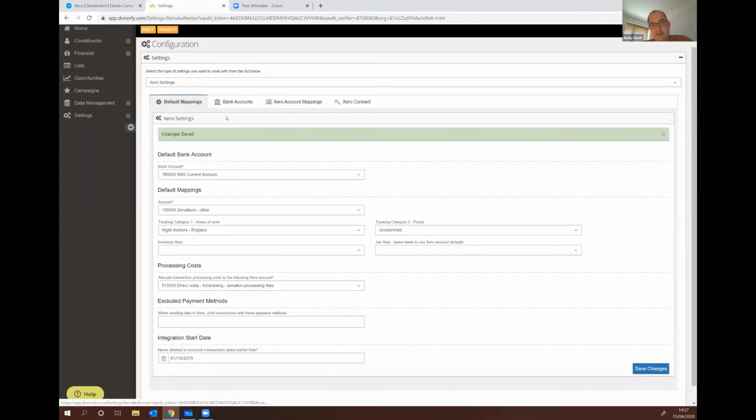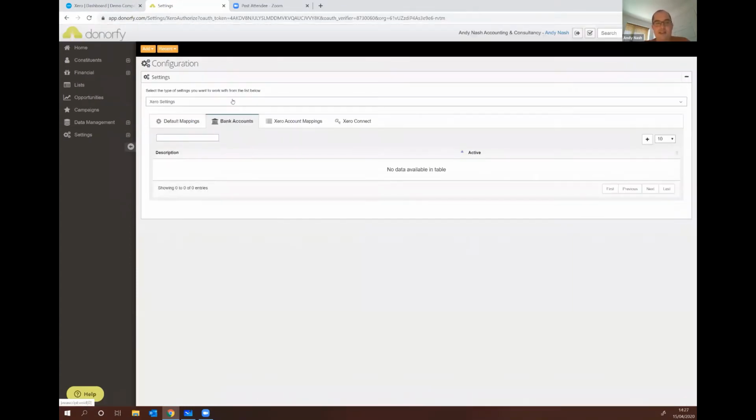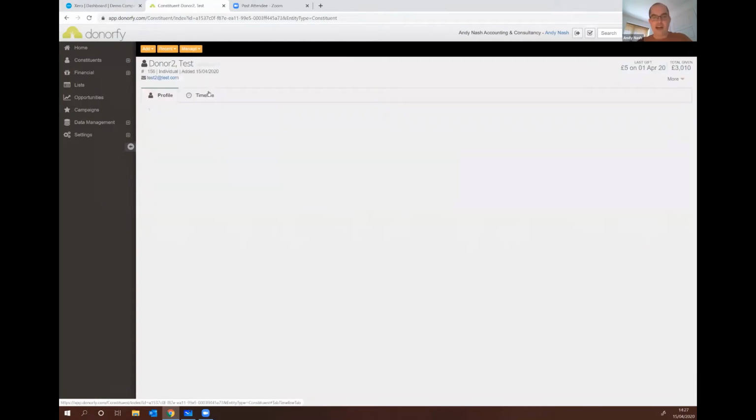Next two tabs are a bit more time consuming, but I'm going to go through these. I'm going to go through the principles and then I'm going to map what I need to map. The first thing you need to do is map across your bank accounts. And the reason why this is important is if I just go into a transaction,